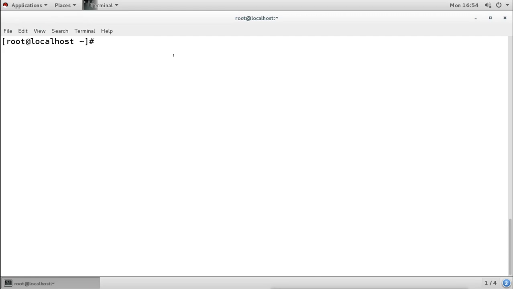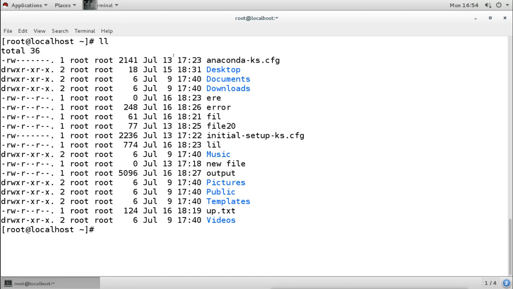Now the default permissions, the permissions which come by default when any user creates a file, whether it is root or a normal user. Like for a file, if the root user creates it, it gets this permission, and if it creates any directory, then it gets this permission. And if a normal user creates a file, then it gets a different default permission, and for the directory also it gets a different permission than the root user.